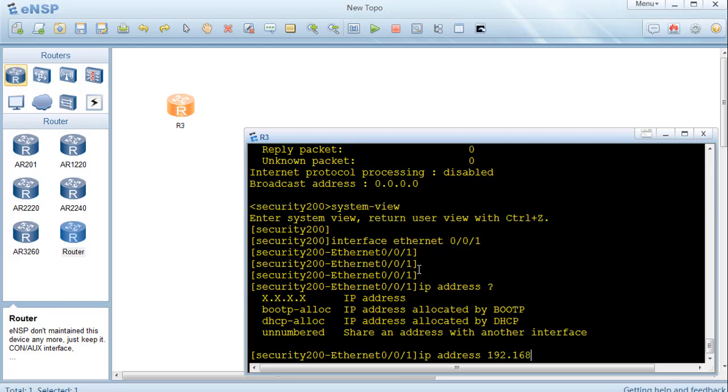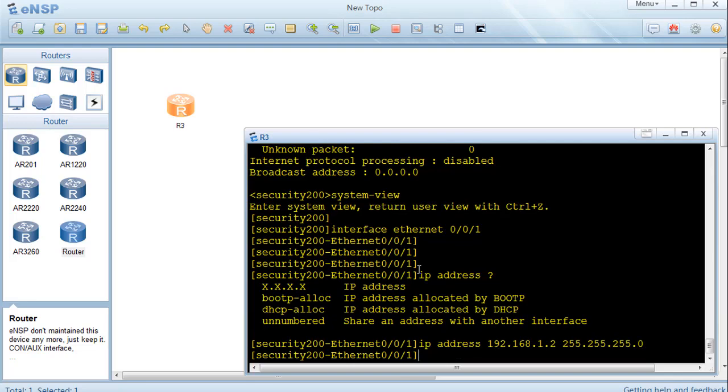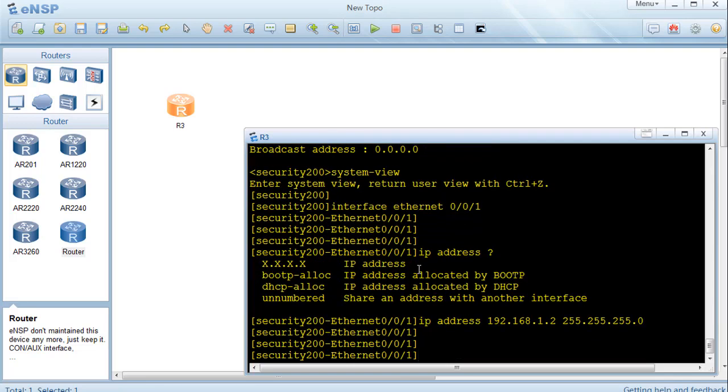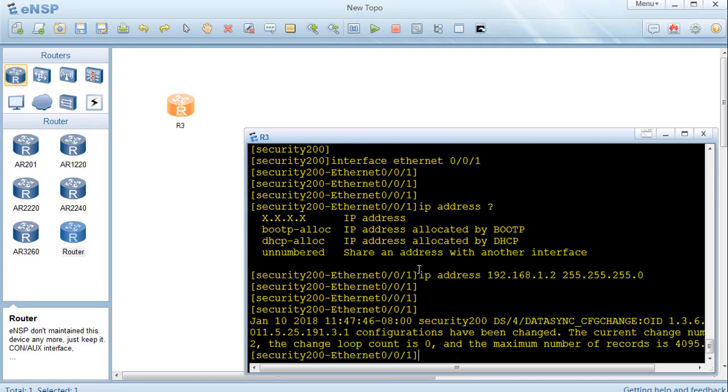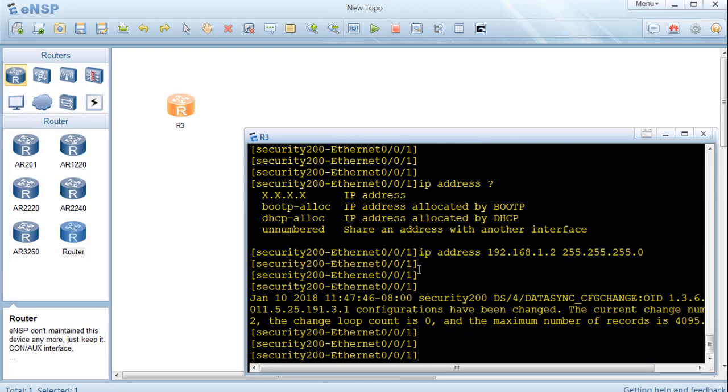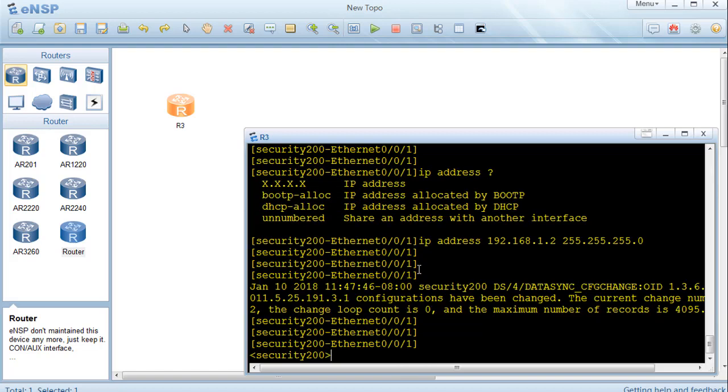So first I use the ip address command. Now I type ip address 192.168.1.2, then space and the subnet mask, which is 24, or 255.255.255.0. When you hit enter, no error comes, and it means the command completed successfully. You can check the configuration change message has come.